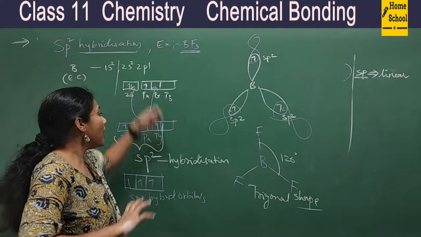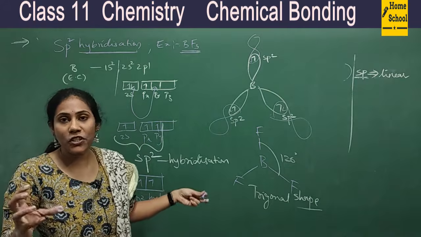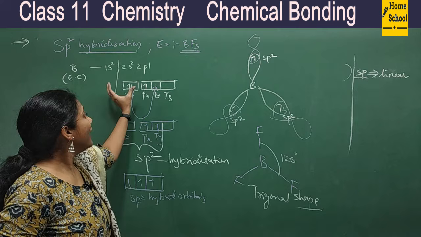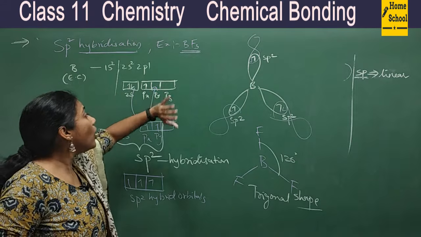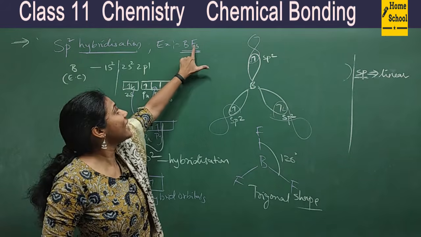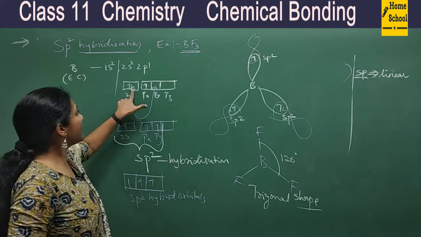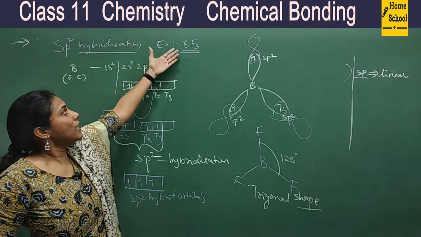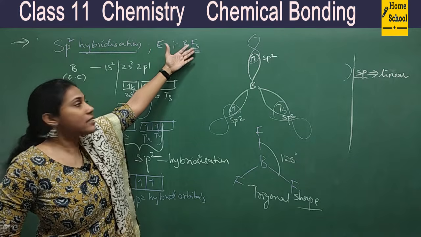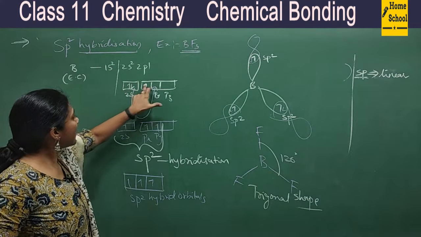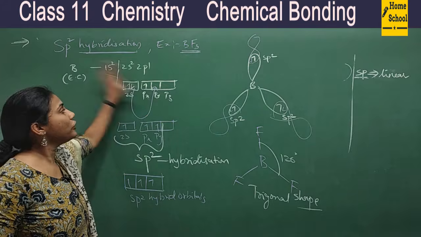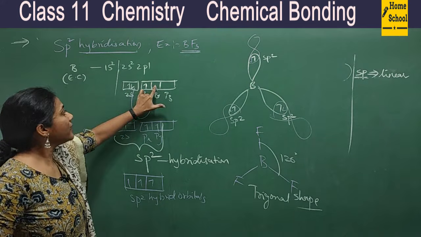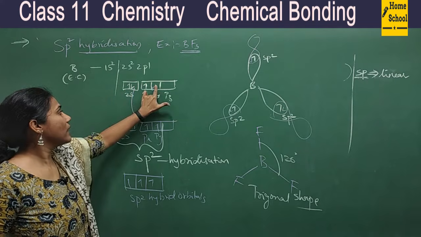Okay, so hope now the concept of hybridization has become clear. How many orbitals undergo hybridization always depends on how many side atoms you have. You just have to see here originally. Boron wants 3 orbitals to overlap with 3 fluorines. Does it have 3 orbitals with single electron? No, right? You have to check only the valence orbitals. No, one more is needed. So promotion of electrons takes place.